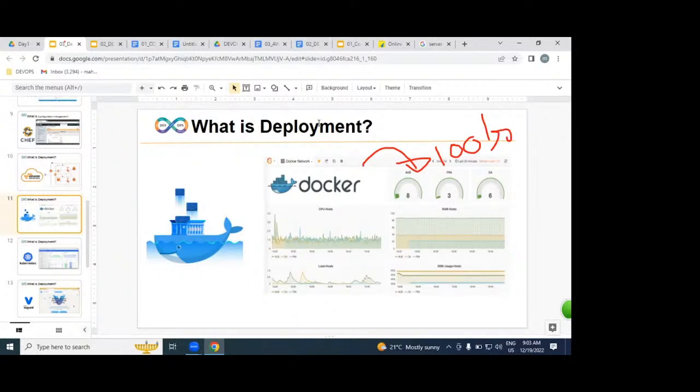What is Docker? Docker is an isolated area which is specifically for deploying our applications. That is the definition. But in simple words, it is an easy way of deploying our websites. From a definition point of view, Docker is an isolated area which is specifically for deploying our applications. Understood very clearly. Example.